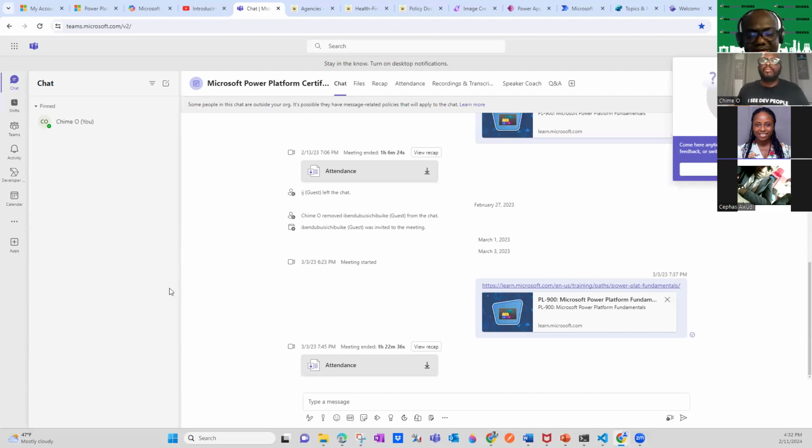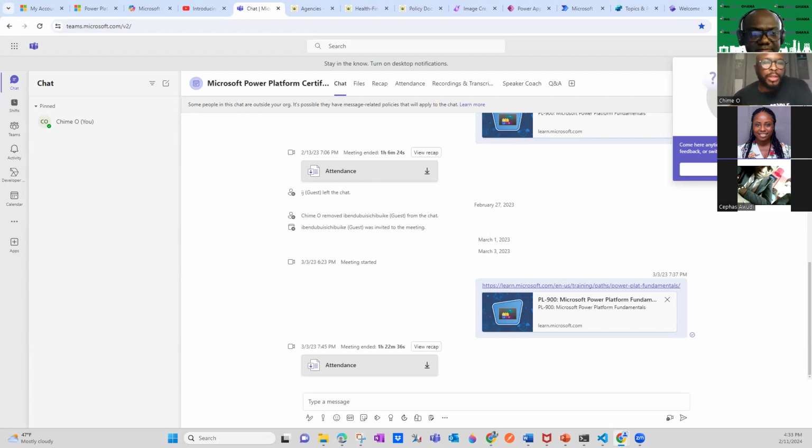Okay, so when it comes to training, when you visit the Microsoft Learn platform, there are some trainings on how to use the Copilot. If you really want to get certification, currently, I'm not sure they have come out with a specific certification concerning Copilot, not yet, but there are some documents where you can read about Copilot and how to use it. But in terms of certification, no. But if you want to learn, we are available. We can assist you to learn. As I said, it's a learning community. So for the user group, you can get in touch and we'll be able to assist you on how to use Copilot efficiently.